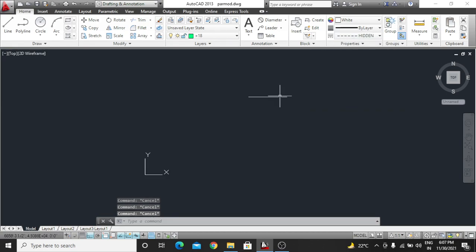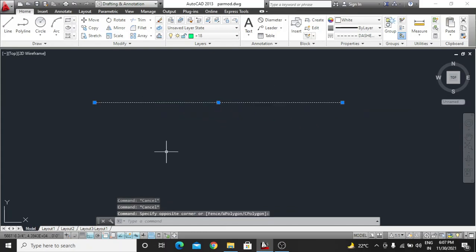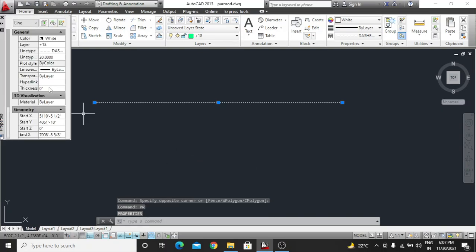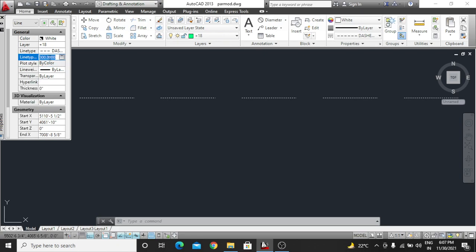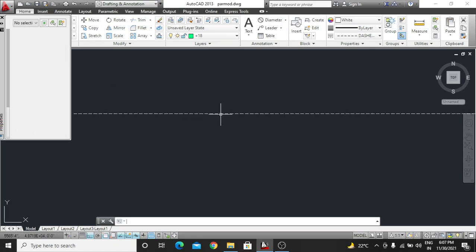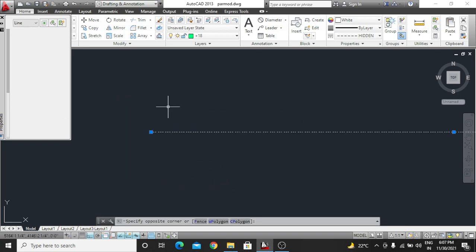Okay, so what you have to do now, click it and press PR for properties, enter. Now you can see here, there you can also change it. The value is 20, you can press 1, also you can enter 200. So you can see if you increase the dimension, the gap will be increased, 500. Okay guys, so these are some settings, 700. So which kind of dotted line do you want to make?